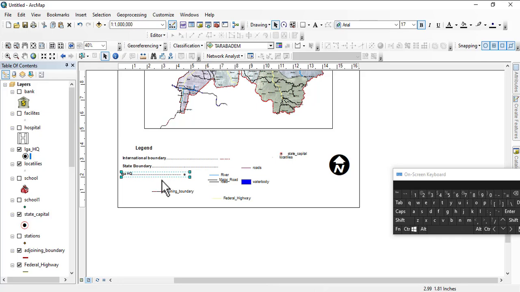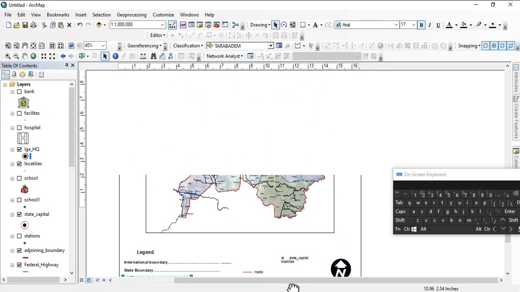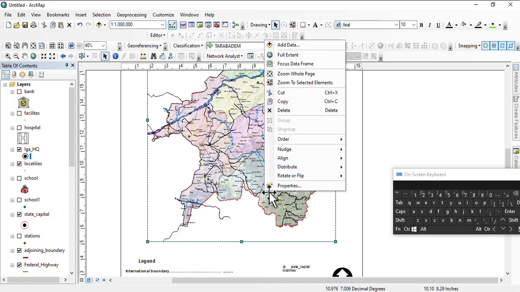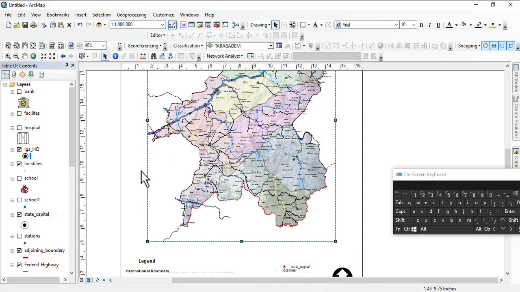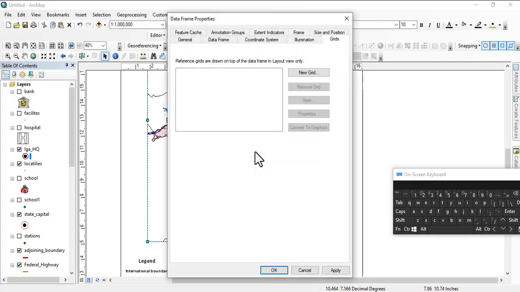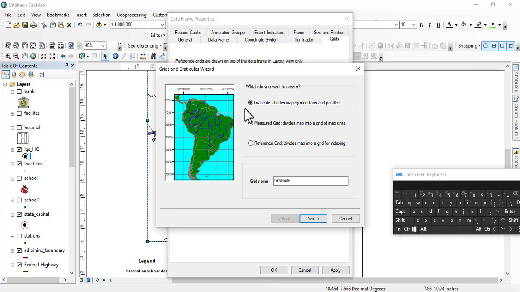Yes, it's possible. Now, once you're done with that, the next thing we will do is to right-click and put the grid. Right-click on the map layer, then go to properties. You see grid. Click on new grid. Now, whenever you're producing a boundary map, don't use UTM. Use what? I said don't use UTM, you know. Okay. Use